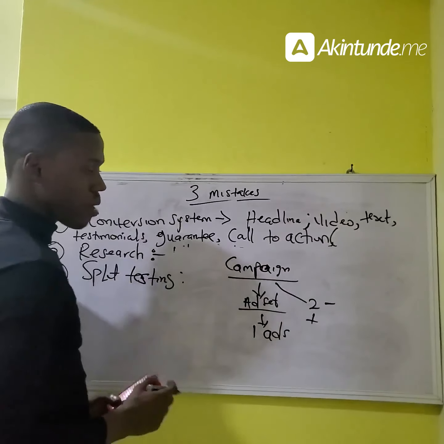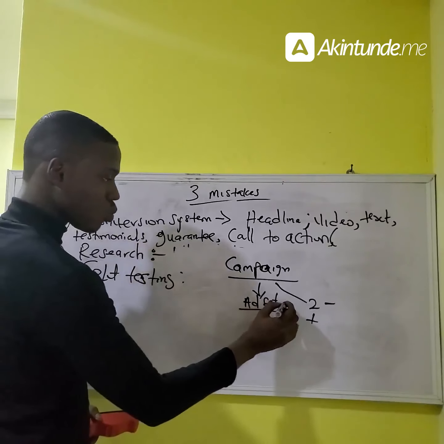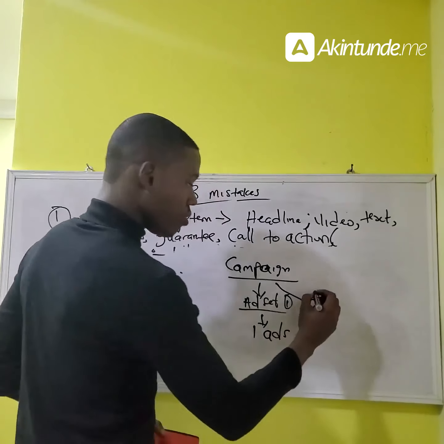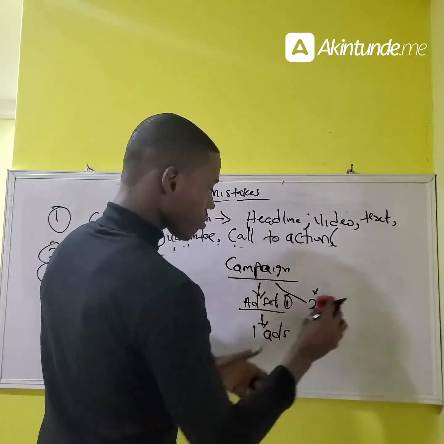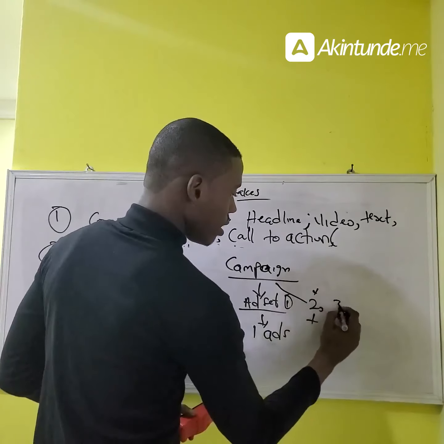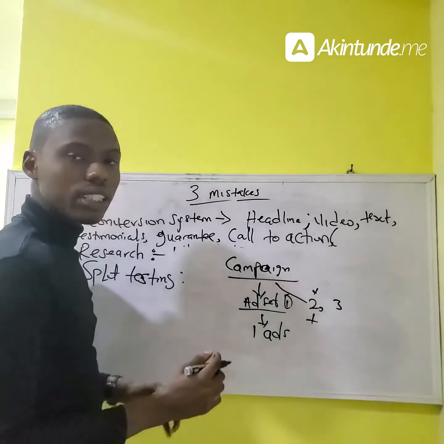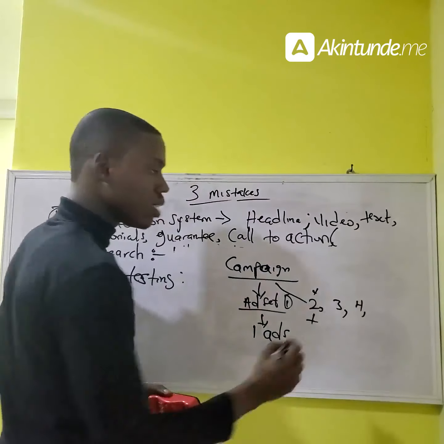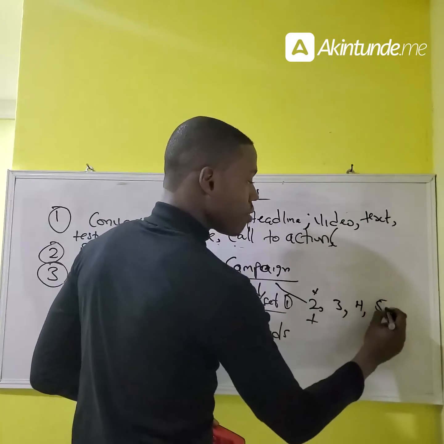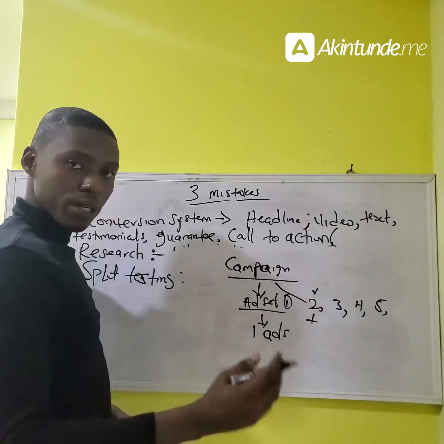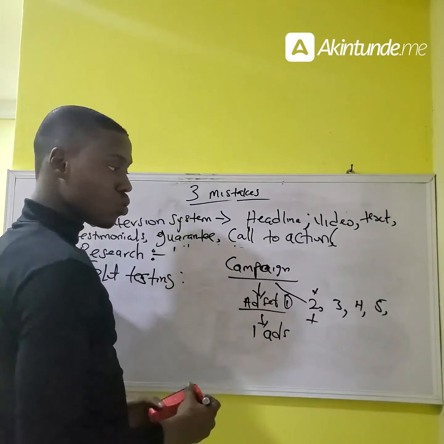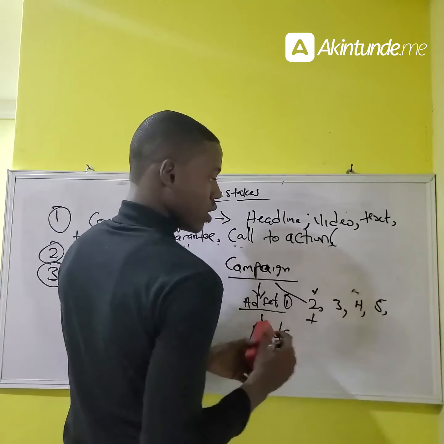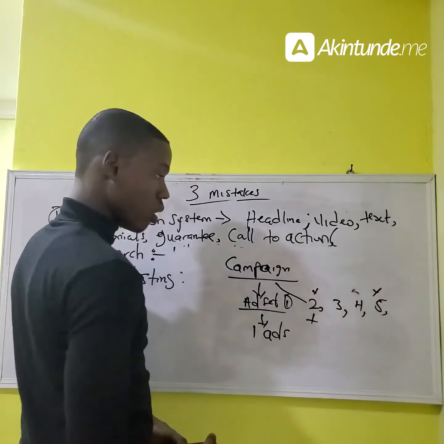If you start testing and let's say ad set one is doing very well, ad set two is not doing very well, then ad set three is doing moderately well, then ad set four also moderately well, then ad set five is not doing well at all. So you basically know, okay, your ad set two and ad set five are not doing very well. What do